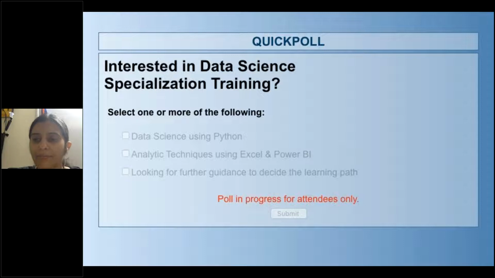Neha asks, I am not experienced in any of the tools, but have experience in healthcare. Can I start my career now? So Neha, you're saying you don't know any of the tools, but you have experience in healthcare. If you want to be a data scientist in the healthcare industry, you can definitely start your career. The key is that you know which skills are needed, and that you're game to build those skills. If you're really game towards that career, absolutely, the answer is yes.